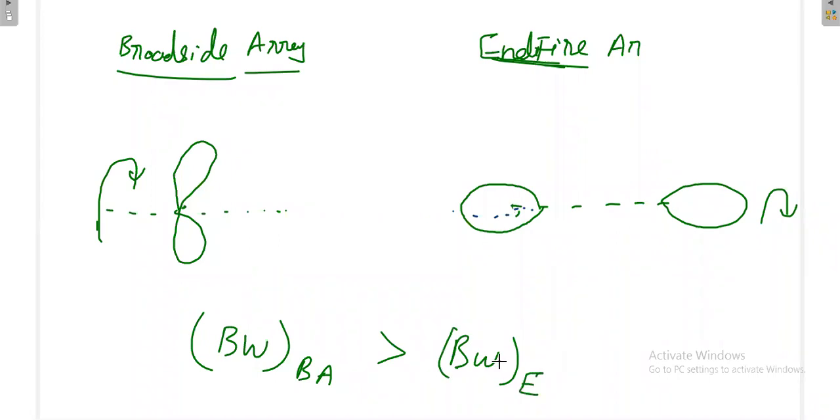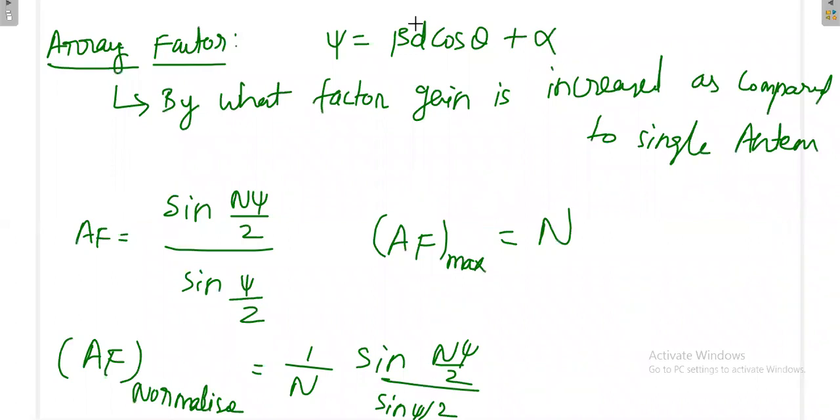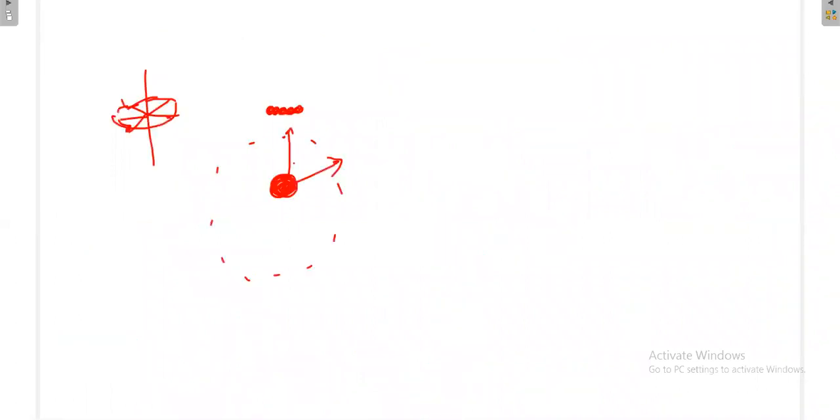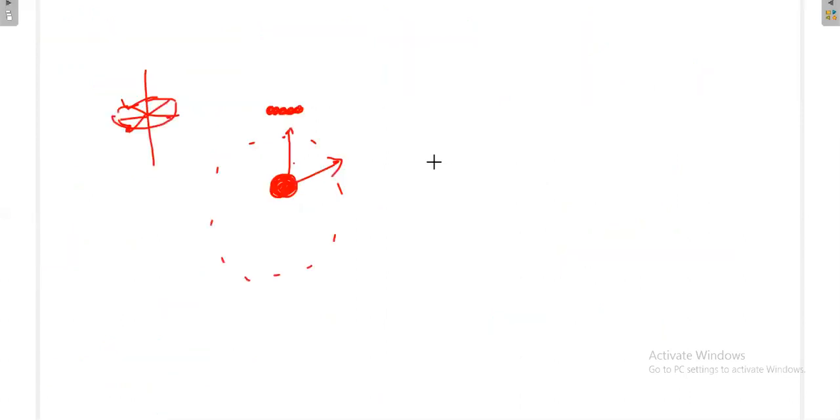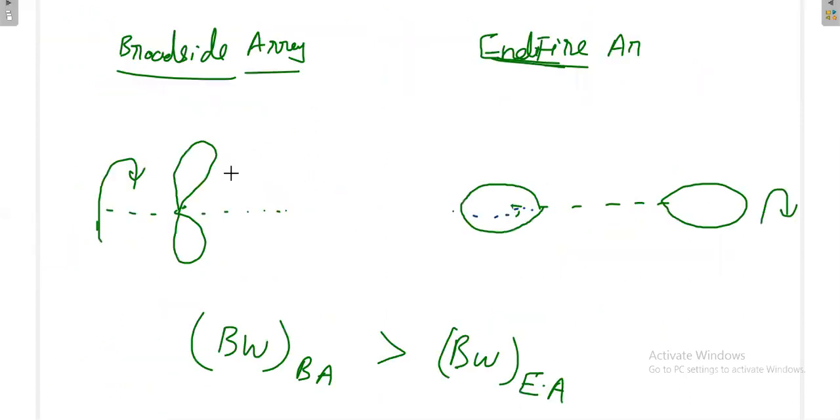Please refer. If you don't understand the practical, if you are not able to understand intuitively, please try to fill this up. In the book it is available. Already I have written it for broadside array. Then you know which one is having more beam width, which one is having less. If you are not understanding intuitively, you can understand it from the formulas. If you imagine properly in a 3D case, the beam width of broadside array is greater than the beam width of end fire array.